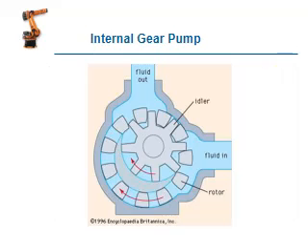So next is the internal gear pump. There is one idler available. The idler is coupled with this motor. If power supply is given, the idler is rotated inside the gear. So a vacuum is created. The oil enters from the right side to the left side. In between the idler, the pressure is increased.